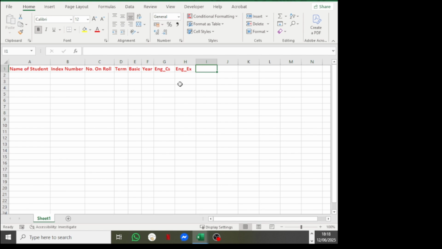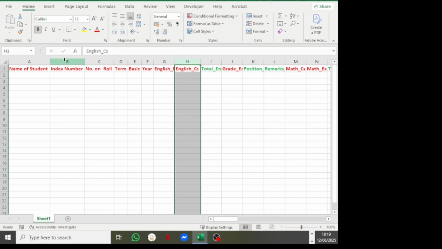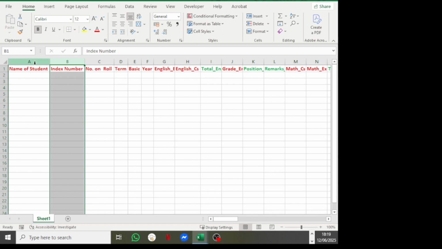The next one will be science. Here, science underscore CS, and science underscore EX. So you can keep on doing it. I know you are also following. So we have name of student, index number, number on row, term, basic, year,